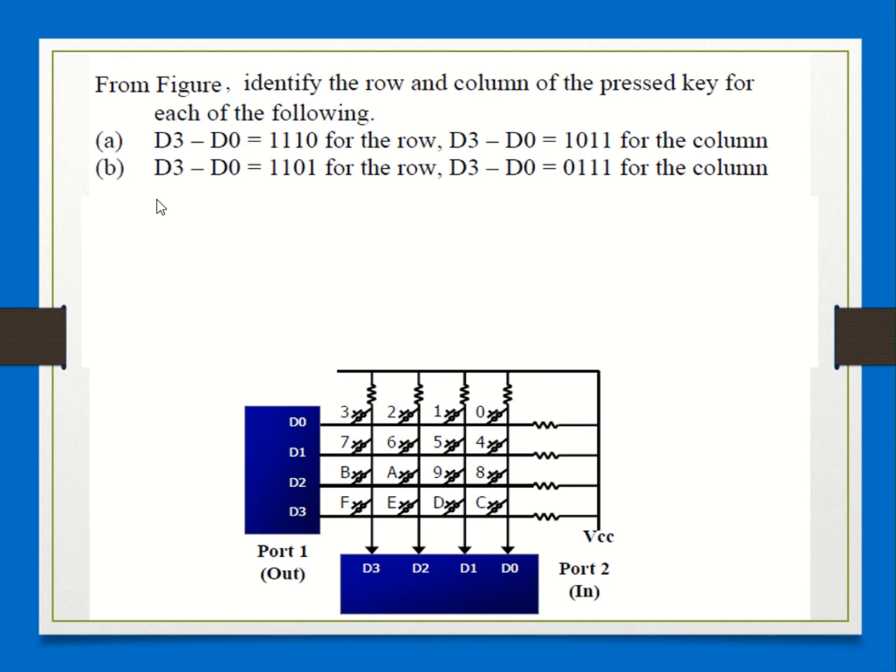In the second case, 1101 means that in row D1, one of the keys is pressed. And for the condition 0111, it is obvious that some key from the D3 column is pressed. This is only an example to make you understand how scanning works and how to know that a key is pressed. All right. So in the next class, we'll be discussing the identification of the key pressed.